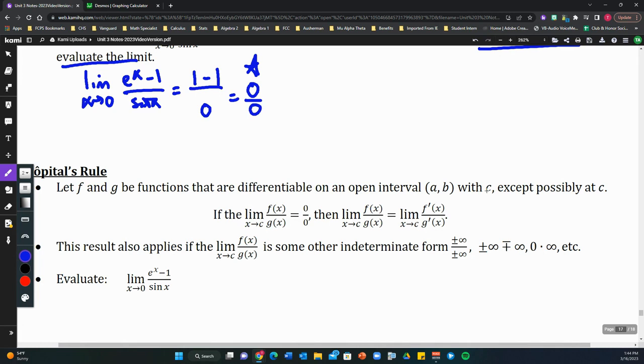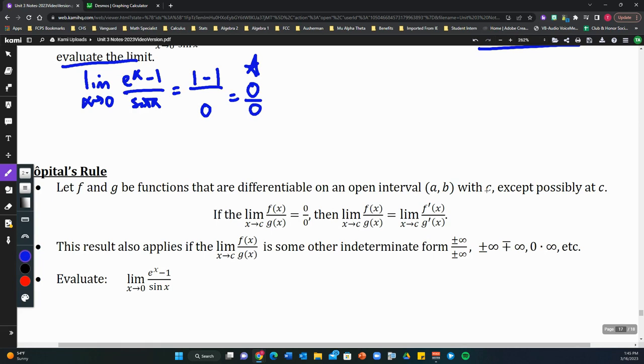So what L'Hopital's rule says is, if the limit as x approaches c of a function f of x over another function g of x, so really we're taking the limit of a rational function, but we're going to separate the numerator and denominator into two separate function rules. If we take the limit of their ratio and we get 0 over 0, that indeterminate form, then L'Hopital says that the limit of the original ratio will actually be equal to the limit of the ratio of